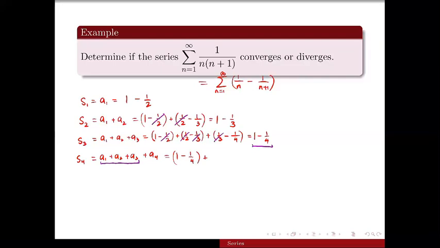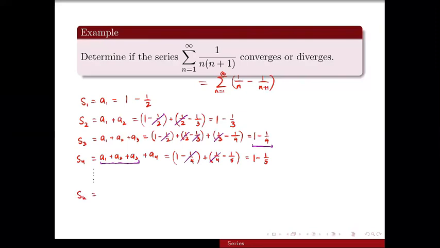A sub 4 you will now have 1 over 4 minus 1 over 4 plus 1, which is 1 over 5. And as you can see, this will disappear, and you will have 1 minus 1 over 5. Okay? If you continue the process,